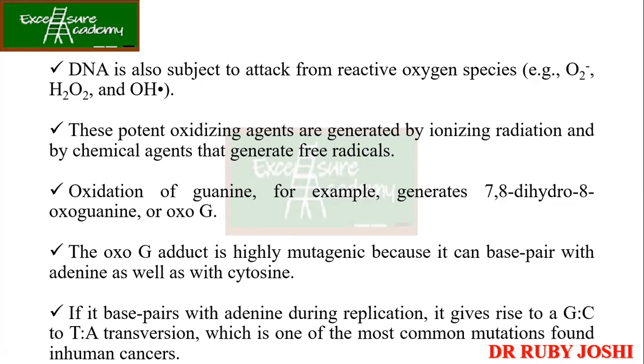But अगर ये adenine के साथ base pair हुआ, so in that from GC base pairing it is going to have the TA transversion. ठीक है guys, आपको समझ रहा है? Guanine is actually purine, और purine से वो T की जगह दे रहा है, यानी कि it's a pyrimidine, तो यहाँ पे हुआ आपका transversion instead of transition.